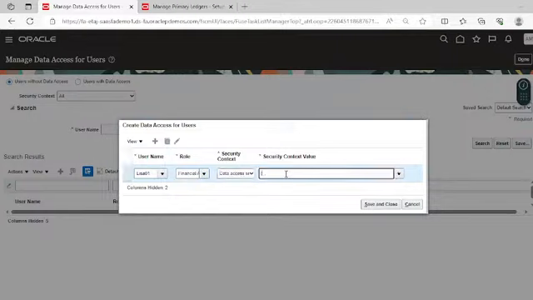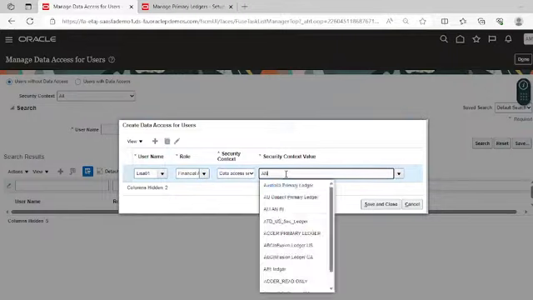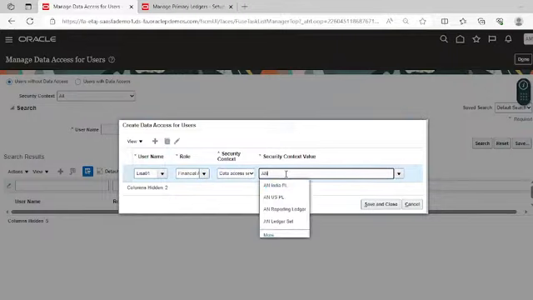Select the data access set, and here we will provide the data access at our reporting ledger.